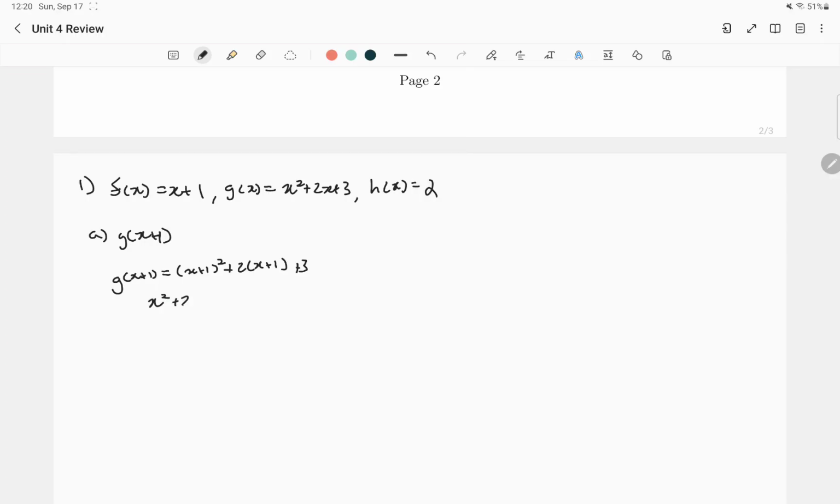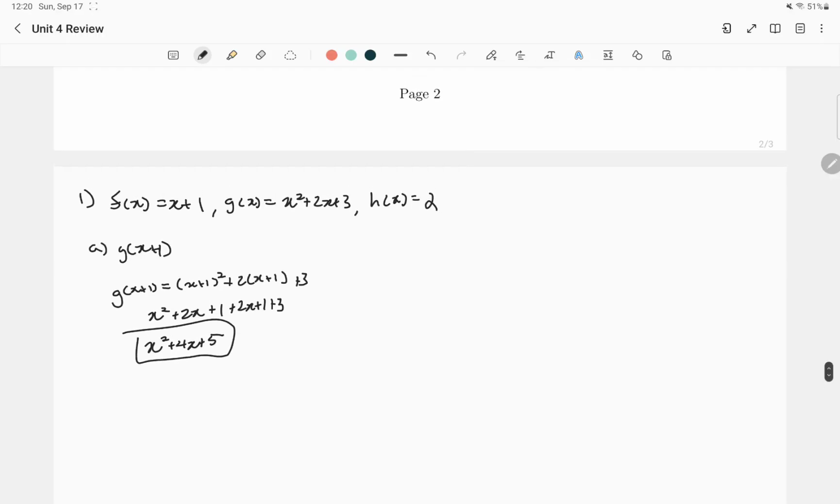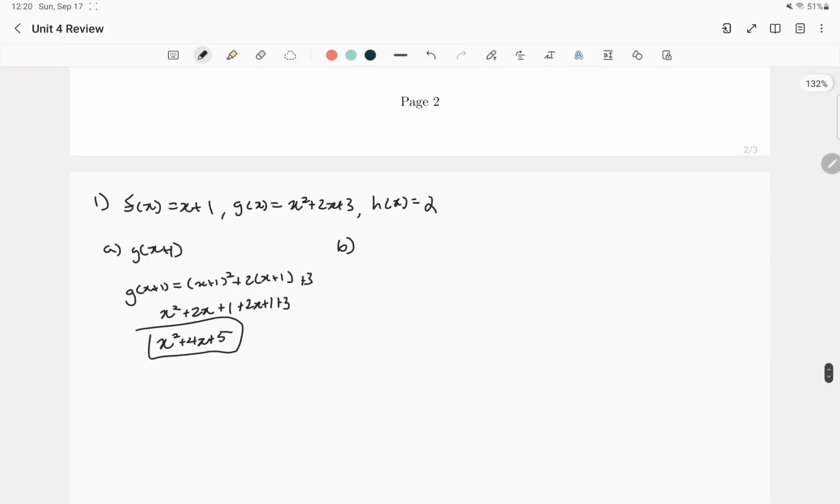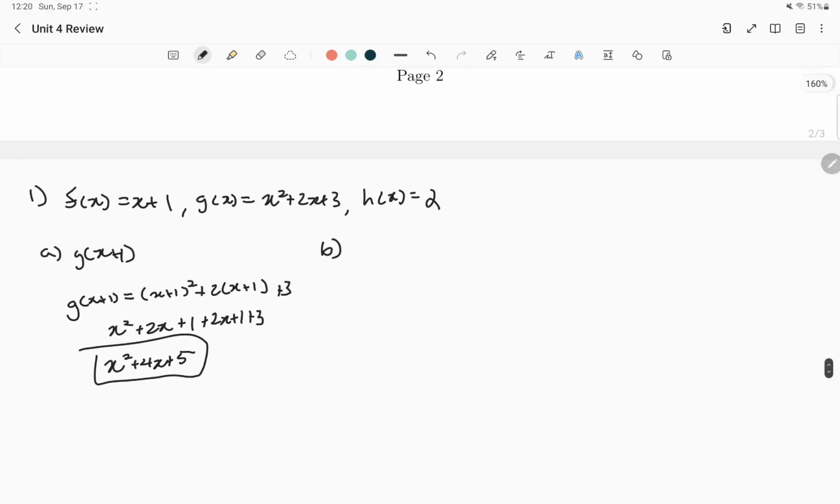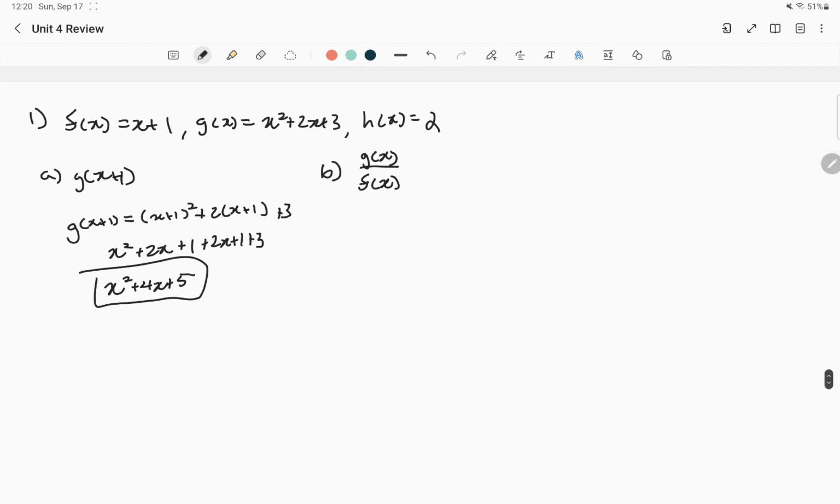Just do some expansion and then combine like terms, and that's our answer. All right, then letter B is asking for g of x over f of x. Oh shoot, we do need to do domains. This domain will be all real numbers because it is a polynomial,